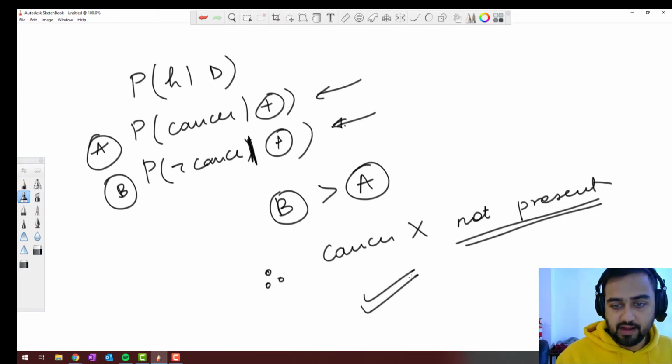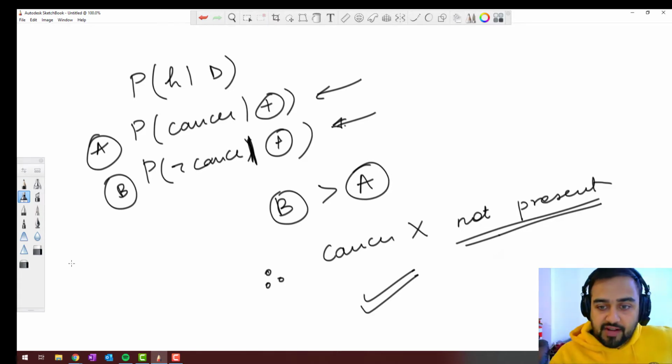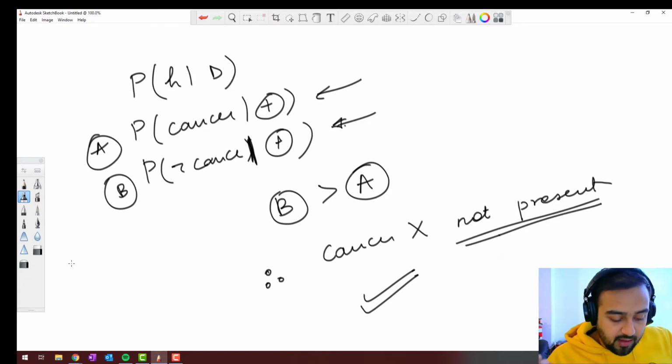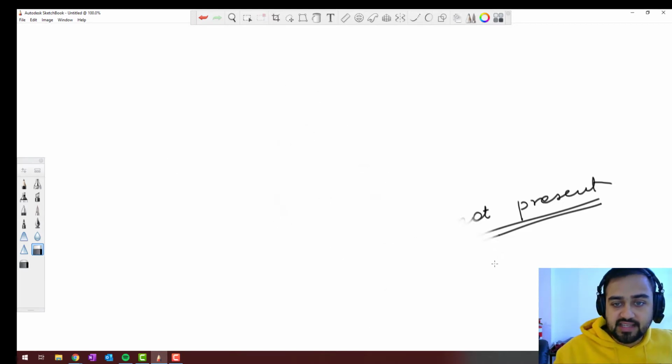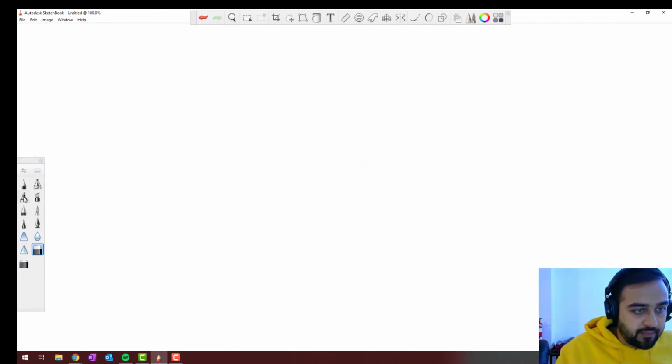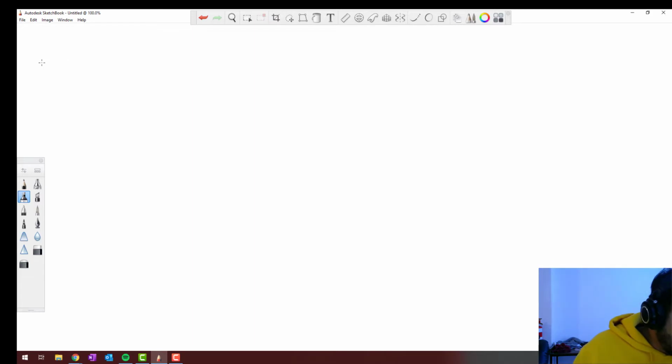Right. Now, extending that question, we tackle the question given in our tutorial. It says, now suppose after this test, a second laboratory test is ordered for the same patient. And the test also returns a positive result. What are the posterior probabilities of cancer and not cancer following these two tests? Okay, now we have to assume that these two tests are independent, right? So, number one, assume tests are independent,